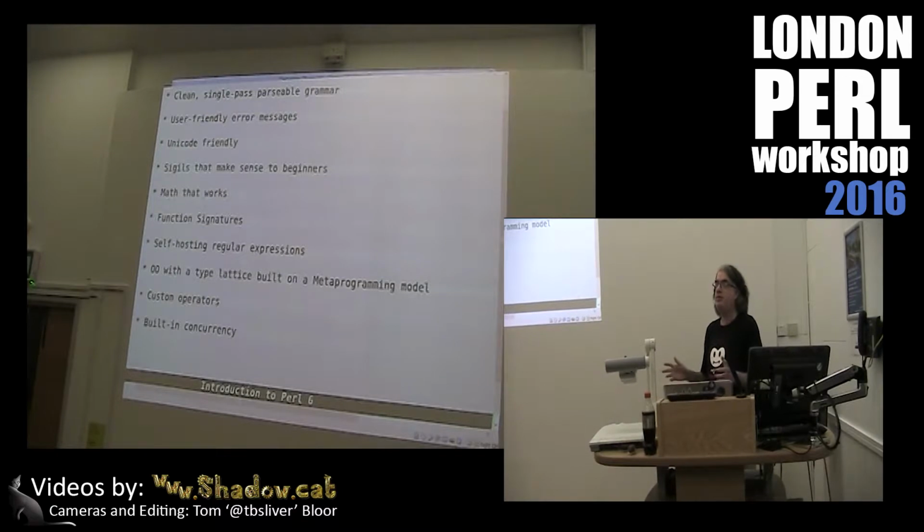So, why would you want to use Perl 6? The first thing: if you've ever dared poke into the tarball that is Perl 5 and looked at the hairball that is token.c inside the original file, then you'll see how Perl 5's parser and lexer and tokenizer interact and meld into one gigantic lump. A lot of hair. By contrast, Perl 6 is designed to be a single-pass parsable grammar, which has a lot